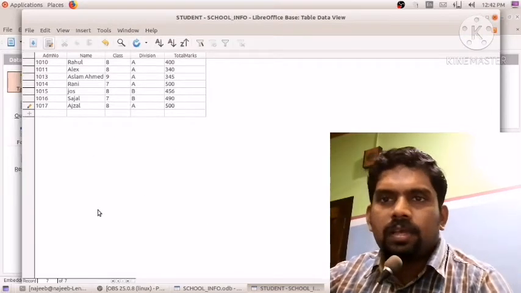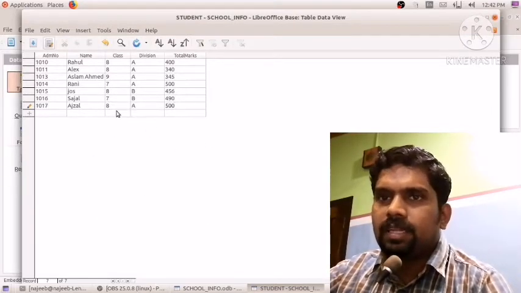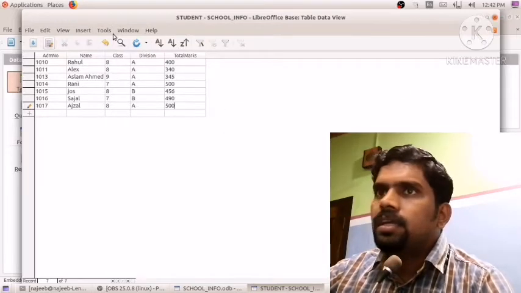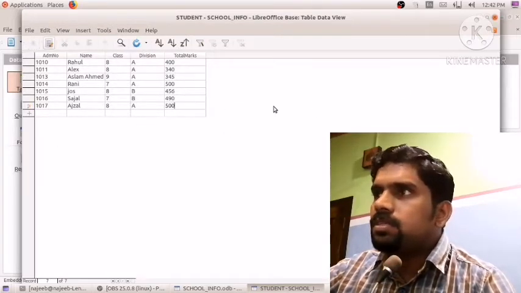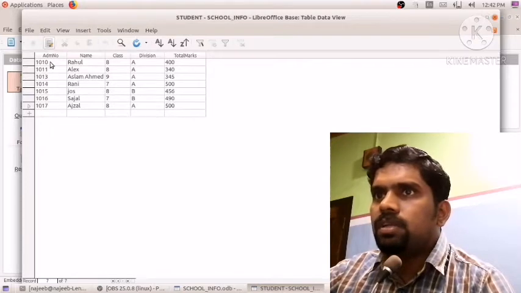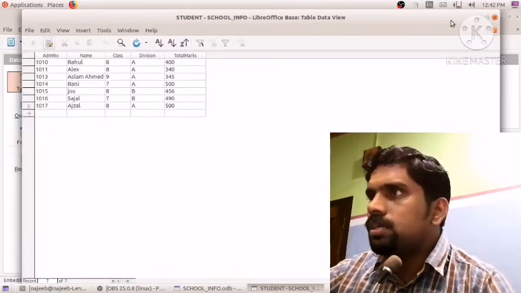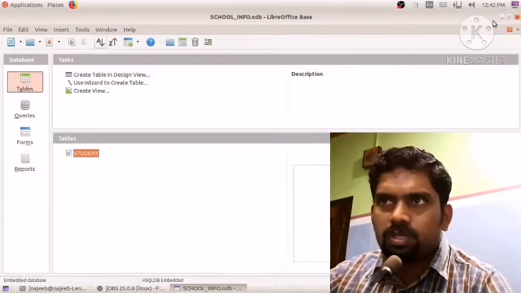So this way we can give the details directly. After saving, this many records will be displayed. We already have 7 records here. I'm going to close this one.